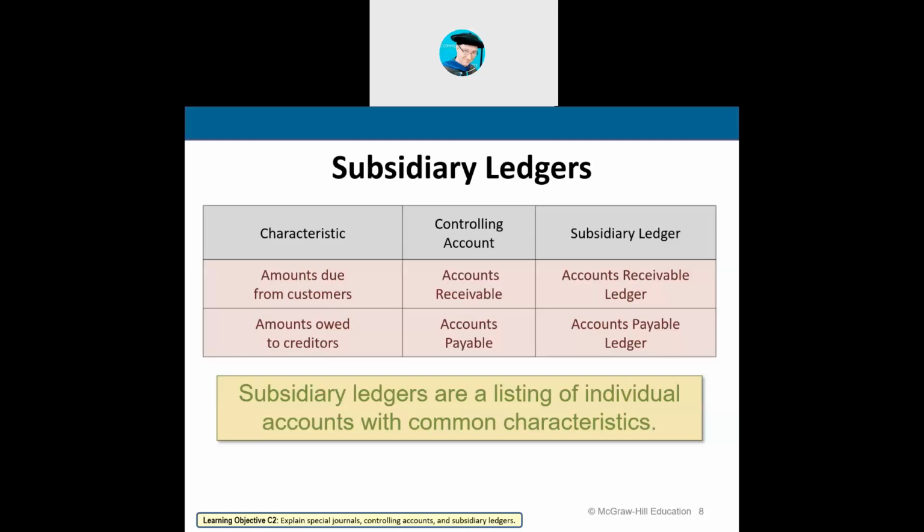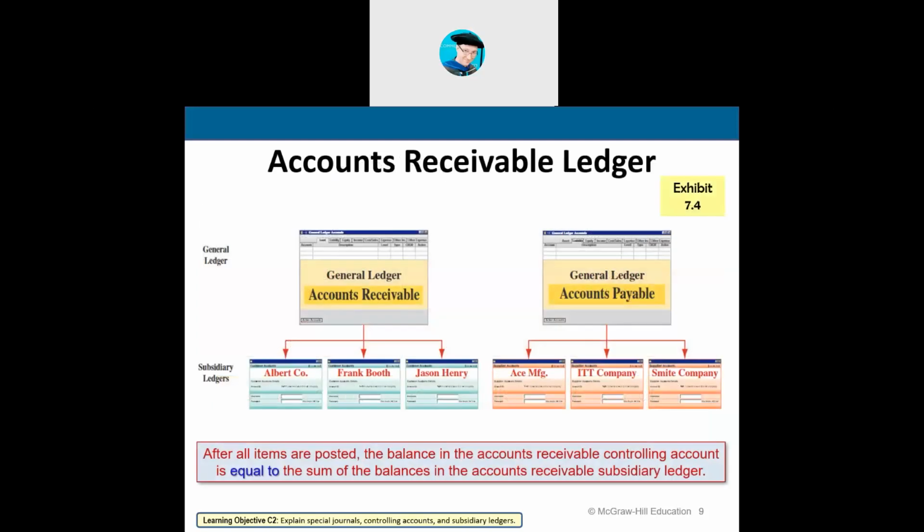And so that works the same exact concept, right? They both belong to the same account. The accounts receivable ledger and accounts payable ledger. Now, the best way to understand accounts receivable and accounts payable